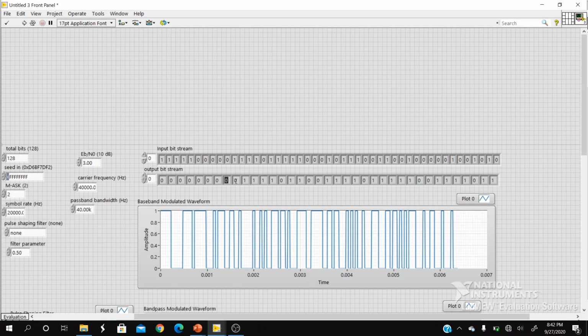After the first 8 zeros, you can see the very first bit is 0, which is not right, followed by 4 ones. Okay, there are 4 ones, but next it should be followed by 5 zeros where there is only 1 zero, and followed by only 2 ones where there should be 4 ones. So the entire bit stream has got distorted. That means the received waveform is not reliable to be reconstructed.